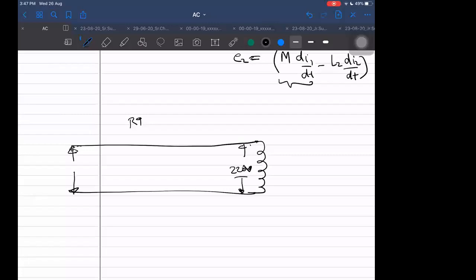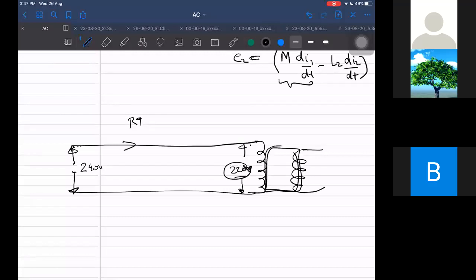First of all, if I am getting 220 at the input of the transformer side, it does not mean that where it was produced it was also 220. There it was something else, somewhat more than that. It may be 240 or something. It will not be just 220 only. It will be something more than that. And then the current will be produced in this because of the potential difference.